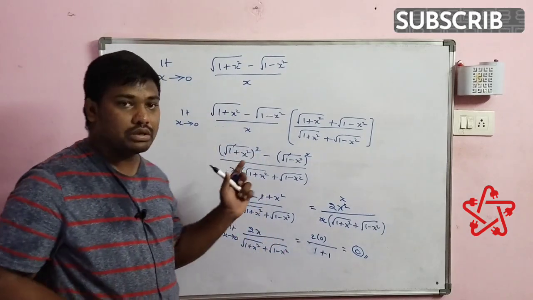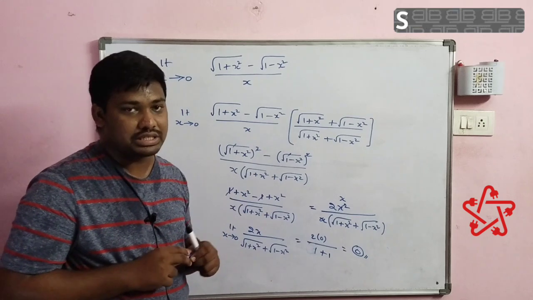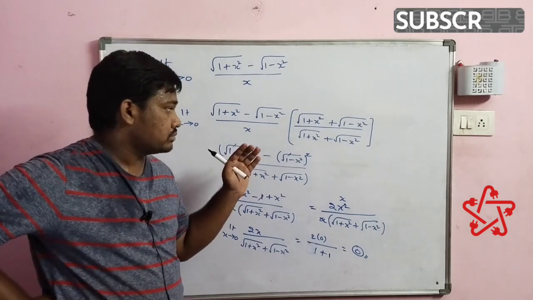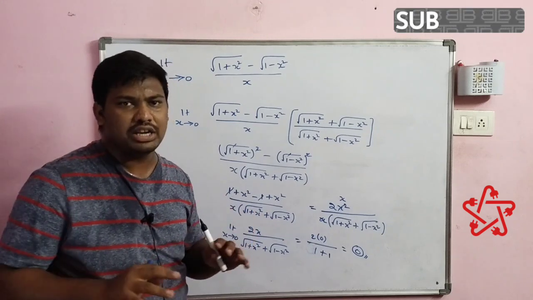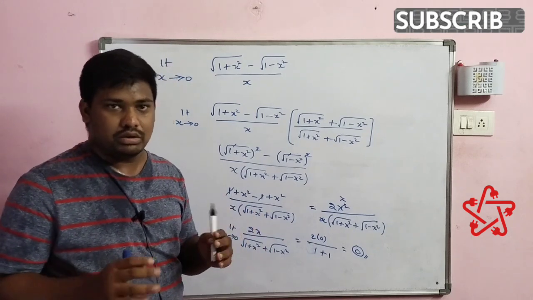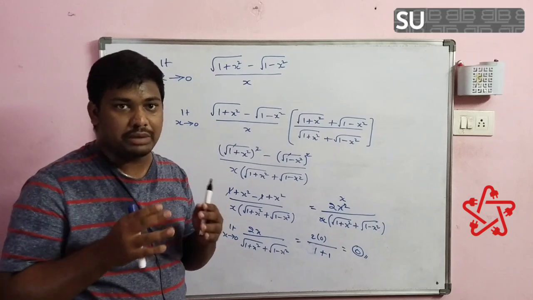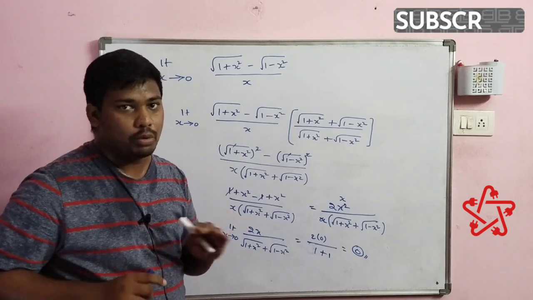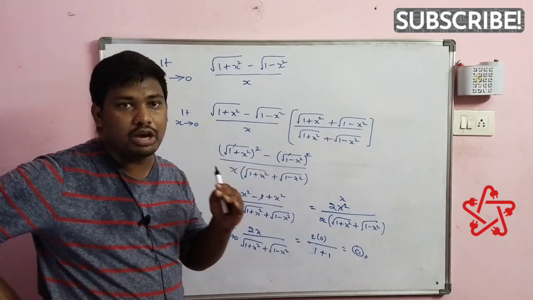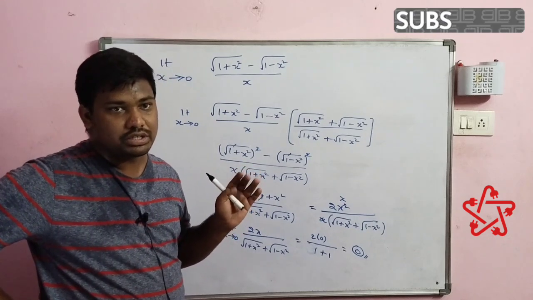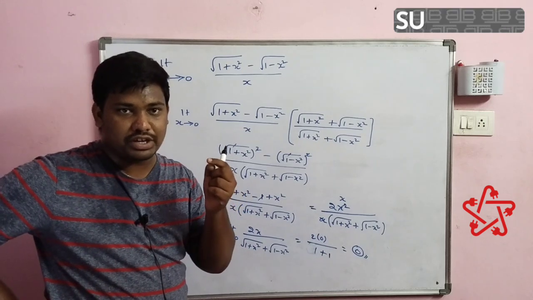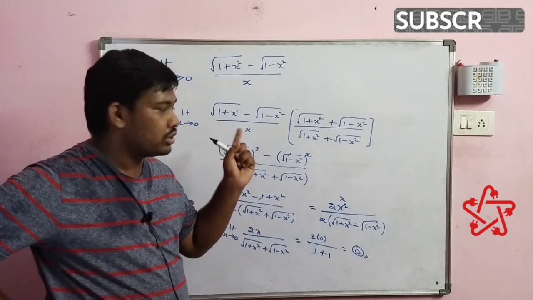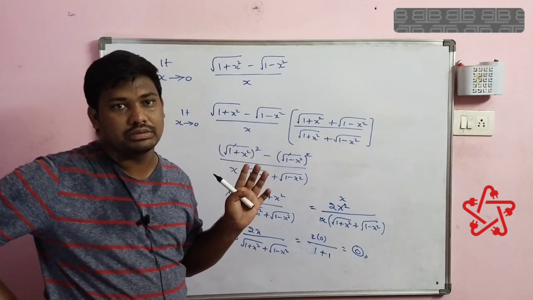Right. In both the ways we got 0 as an answer. So the thing is, you should be able to solve whichever model is not the case here. You can use whichever type of solving you can use, no problem. But the thing is, you should be able to solve the question. In limits, while solving limits, if you know the concept of differentiation perfectly, you will be able to get 1 or 2 marks easily from limits.